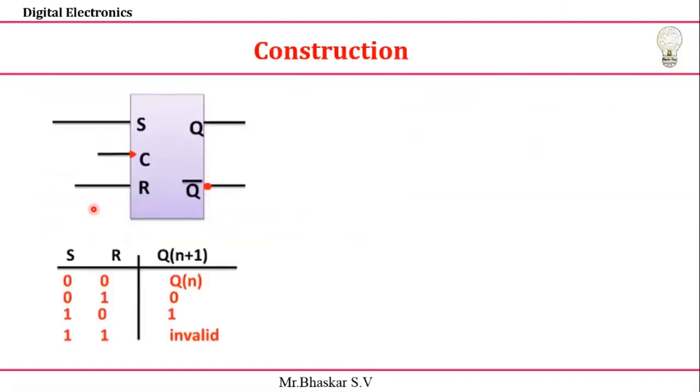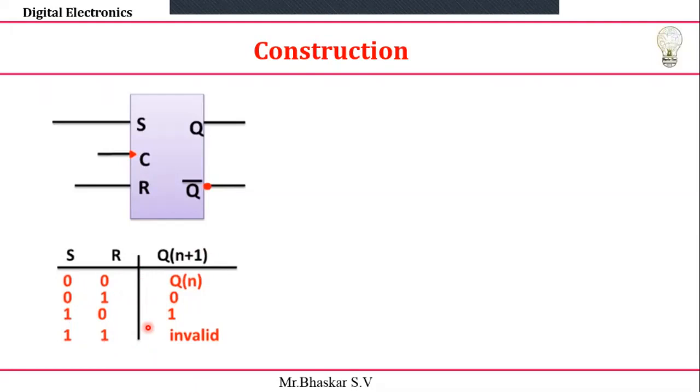Okay, let's take the construction of the D flip-flop. It's very simple. How do we construct the D flip-flop from the SR flip-flop? You have S and R, Q and Q bar, right? You can see this is my SR flip-flop. In the SR flip-flop, for 0 0 it is Qn, 1 1 is invalid, and 0 1 gives 0 and 1 0 gives 1. You can see that if my S value is 0, Qn plus 1, the next state, is also 0. Leave these two states, top and bottom, 0 0 and 1 1. You observe here, S is 0 and the Qn plus 1 state is also 0. Suppose the S value is 1, then the Qn plus 1 value is 1.